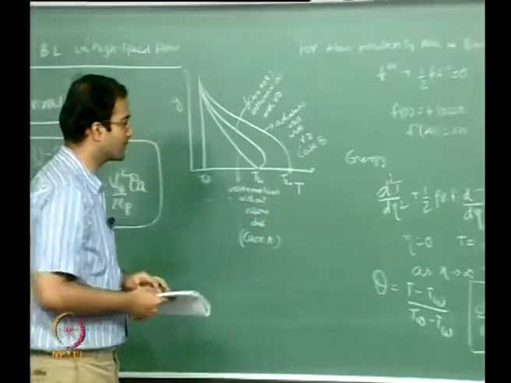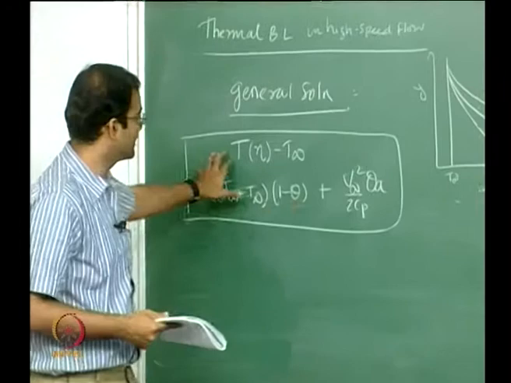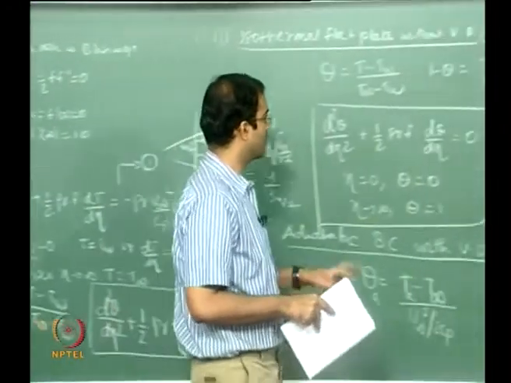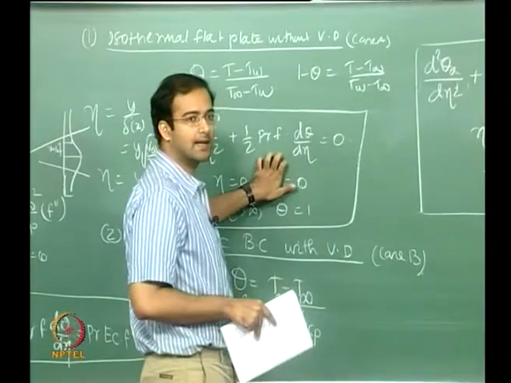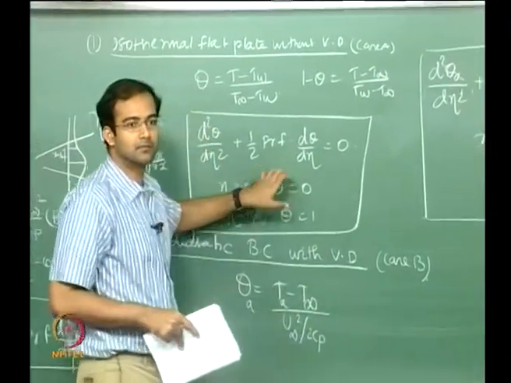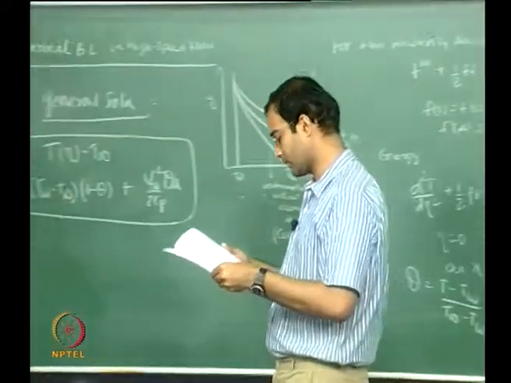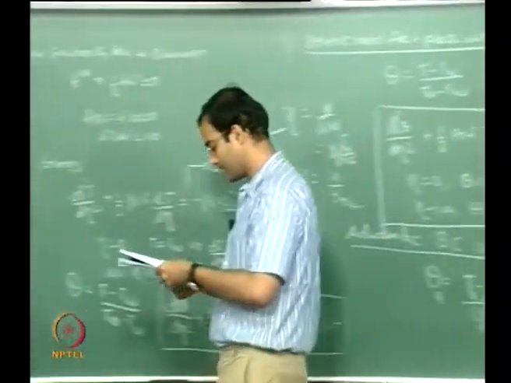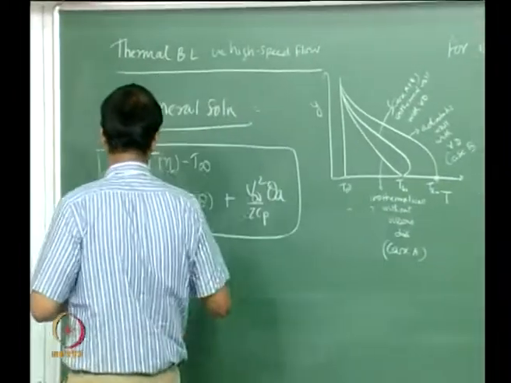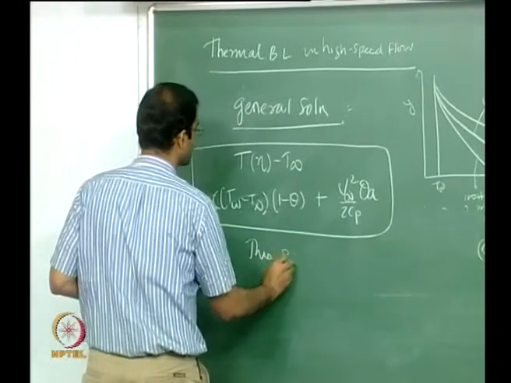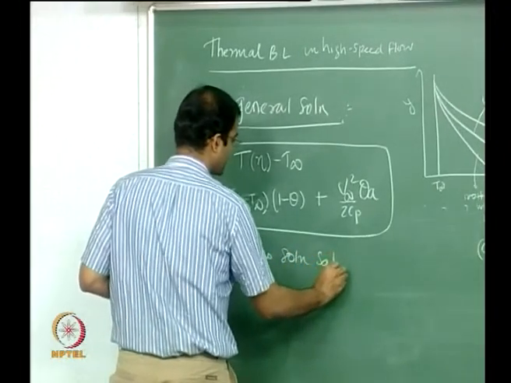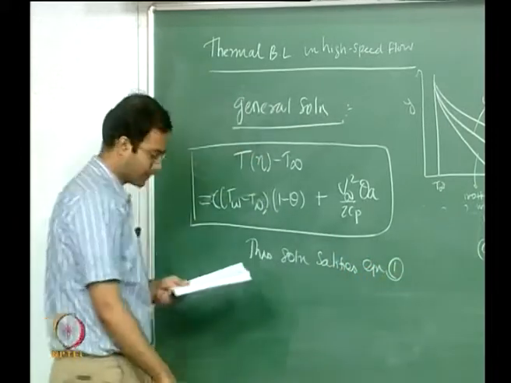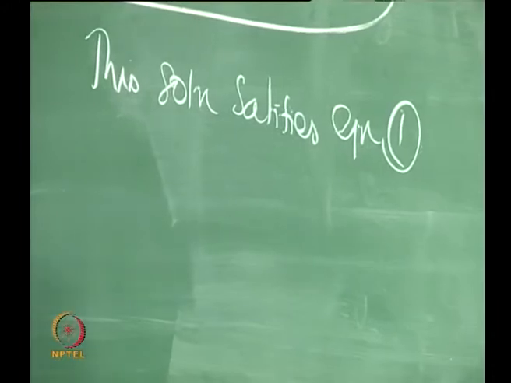Okay, so I am not going to do that, you can do that yourself and check. Simply substitute this and you can group into two forms. One form will be of this, which is already satisfied by itself. The other form will be this, which is also satisfied. So those two will be perfectly satisfying the ODE. So this solution satisfies equation 1. I want you to just check that. So therefore this is the right solution.